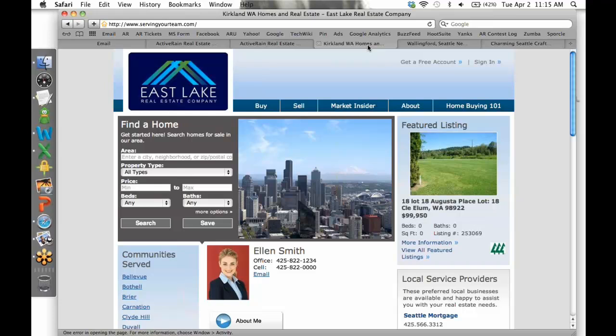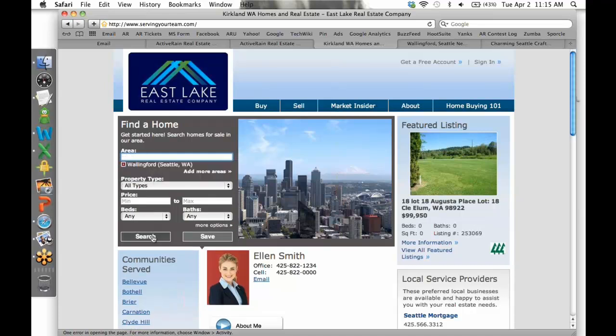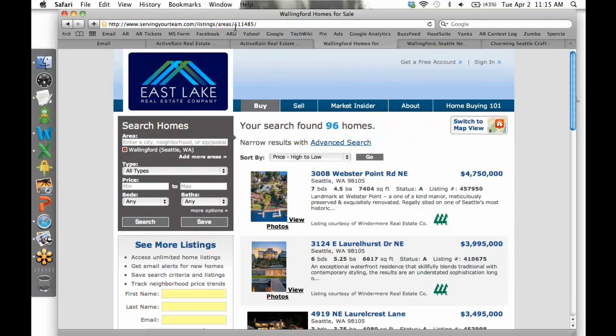So here's my site, and I want to enter Wallingford, Seattle, all property types, search. So see how it says servingyourteam.com up here, that URL. If you have a good IDX, anytime you do a search, that URL should change. And it did. This is a unique URL that would take any of my readers to available inventory in the Wallingford area. So what I do is I copy this,